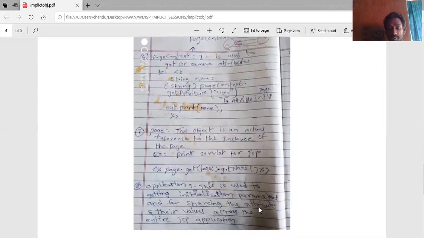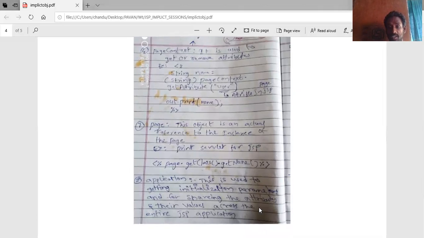Page is also one of the objects. It is the actual reference of the current page. This object actually refers to the instance of the servlet. That is, when we are creating any JSP page, automatically it creates a relevant servlet. When I want to know what the servlet is and how the servlet is configured or created for this particular JSP, then the page object is used to access the servlet.